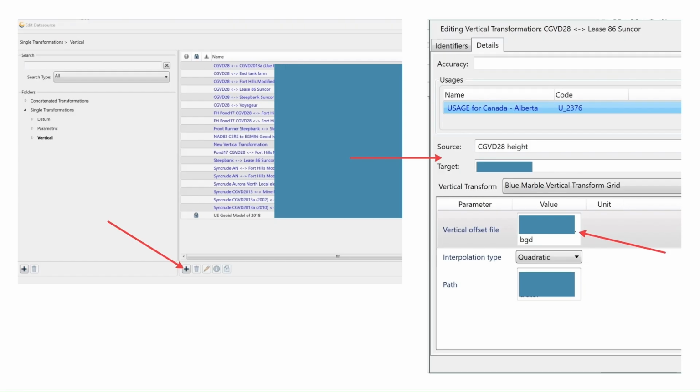Second, your vertical offset file. You'll notice the vertical transform is Blue Marble vertical transform grid. You have to select that. So that brings up these parameters. You have your vertical offset file. That's the Blue Marble grid file that you make in Global Mapper. You give it whatever name, its format is .bgd. And lastly, the path. You can put the Blue Marble grid in any folder that the computer can read or